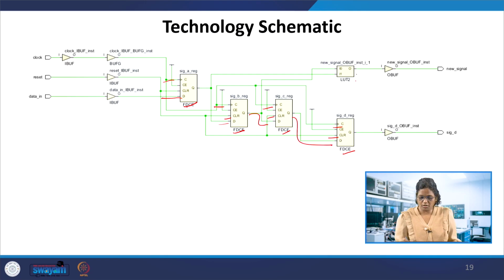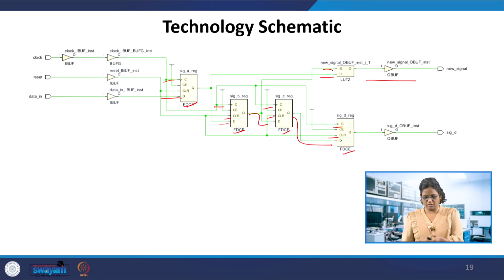But the combinational logic, which is similar to the previous case, takes the output from here and here to the lookup table, and a new signal is formed. This new signal doesn't have a flip-flop at the output, so it is not under the influence of the clock. So this is a technology schematic.